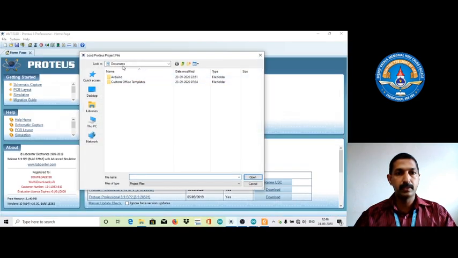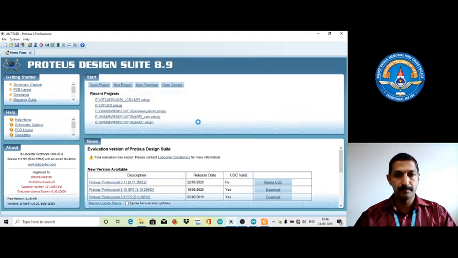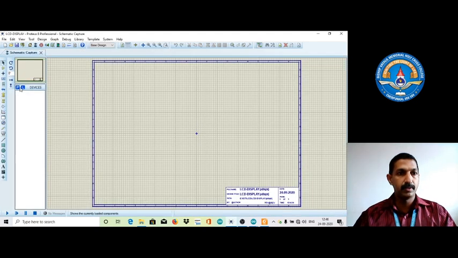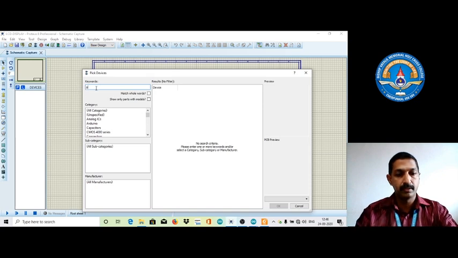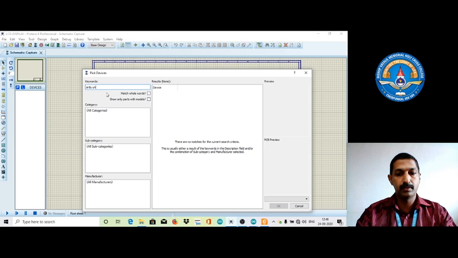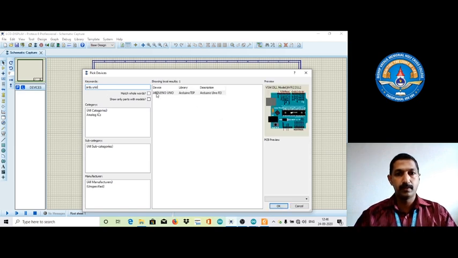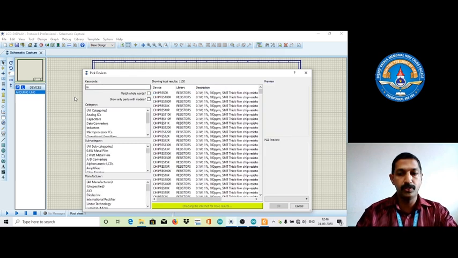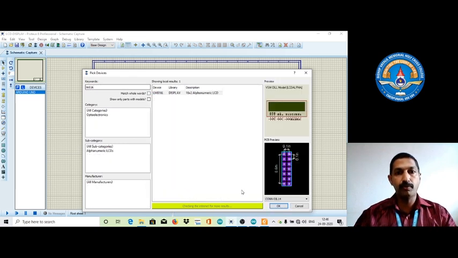Open project, IoT LCD display. Pick devices, Arduino Uno board, added. Then select LM016, that is the actual part for the LCD display.